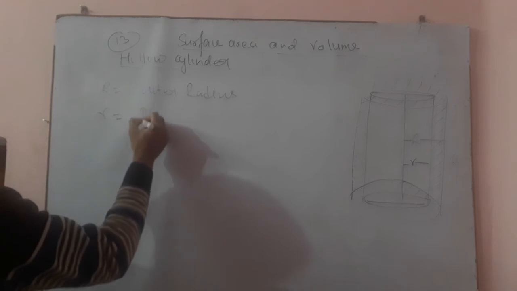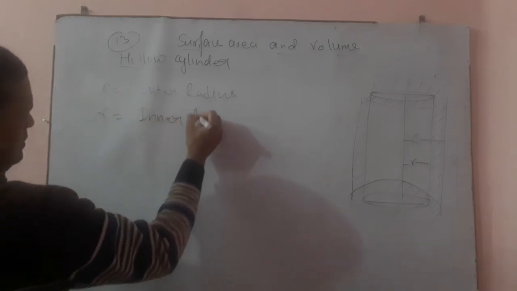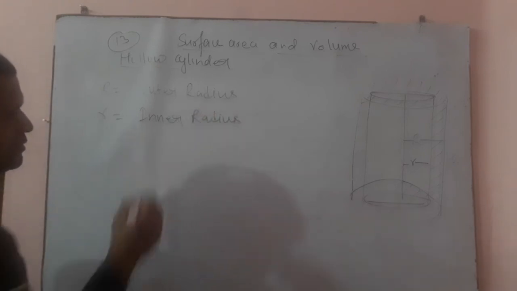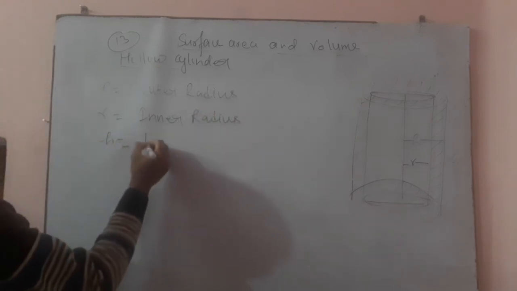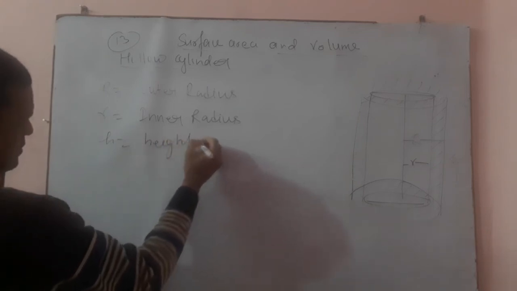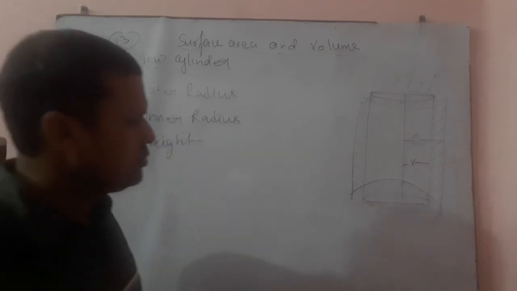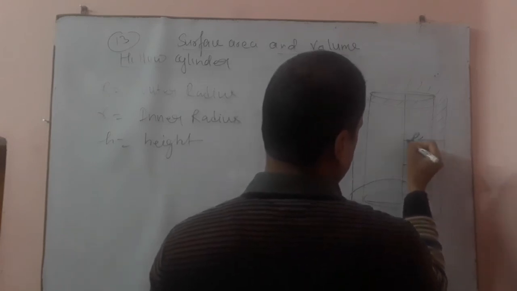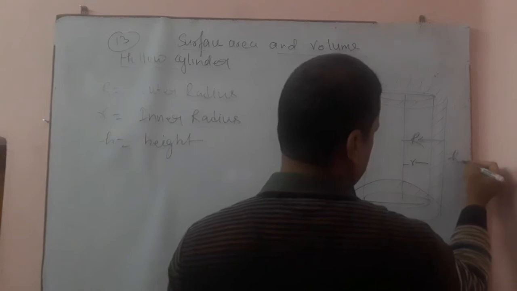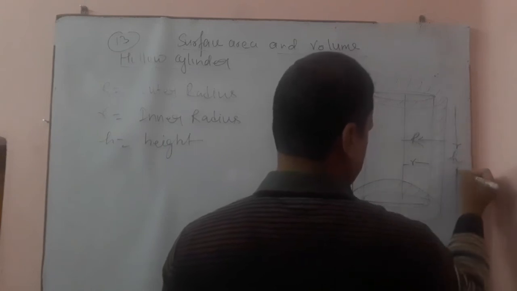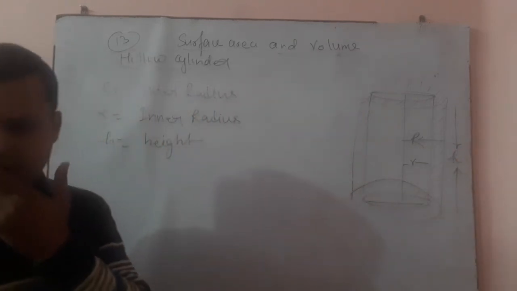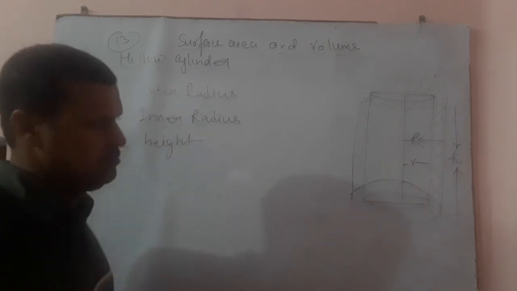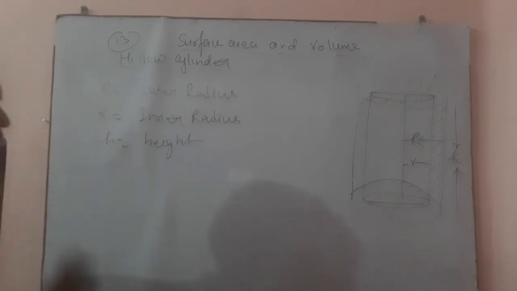Small r is the inner radius. And H is for the height. So, dear student,